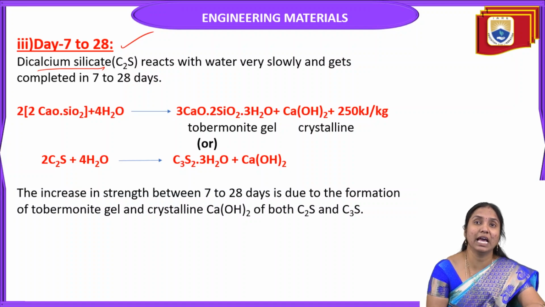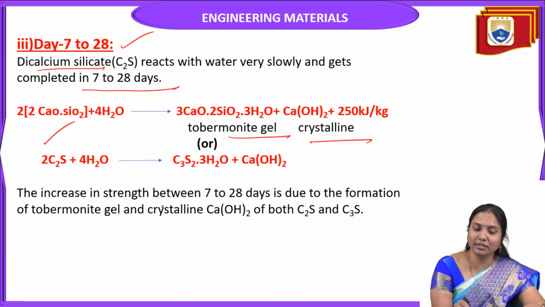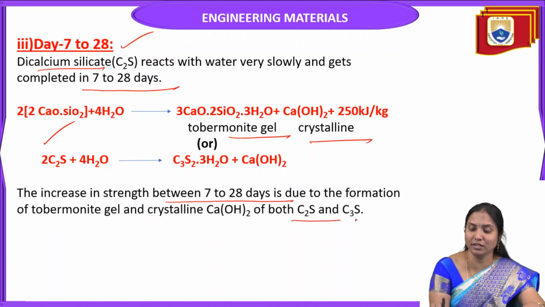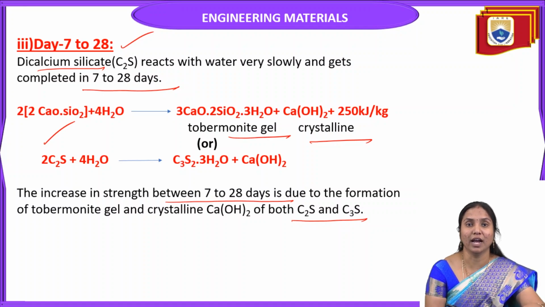Dicalcium silicate reacts with water very slowly and gets completed within 7 to 28 days. When this dicalcium silicate is hydrolyzed, it gives tobermorite gel and crystalline products. The increase in strength between 7 to 28 days is due to the formation of tobermorite gel and crystalline products of both tricalcium silicate and dicalcium silicate, C3S and C2S. In that period the strength of the cement increases due to the formation of tobermorite gel and crystalline